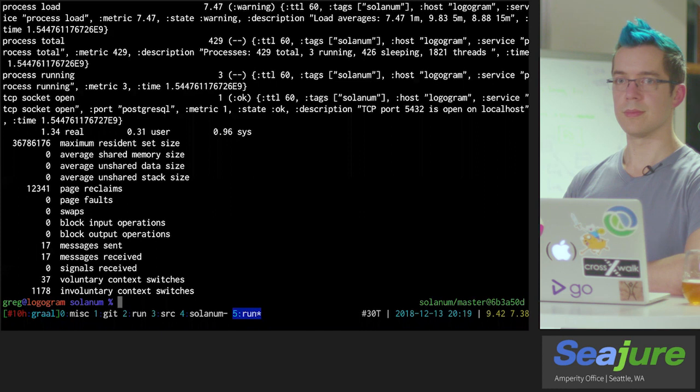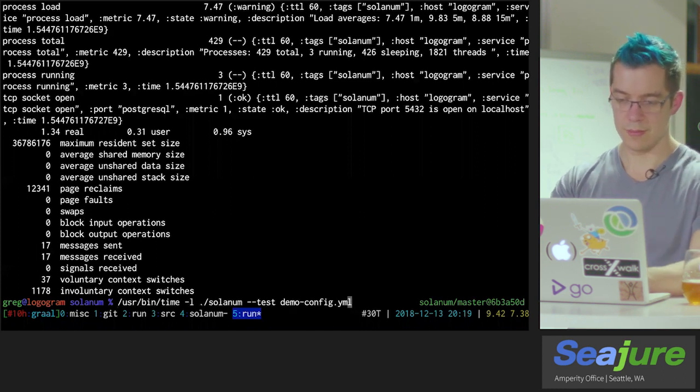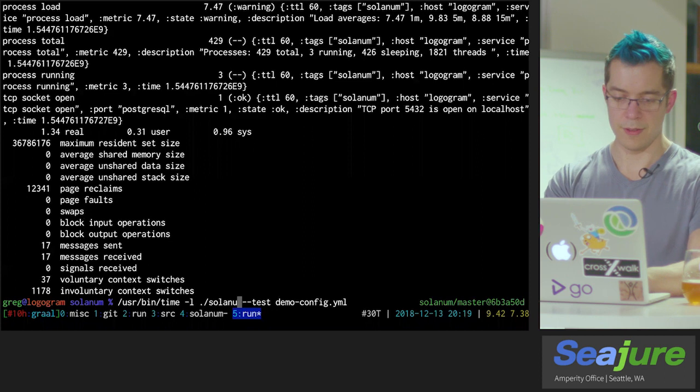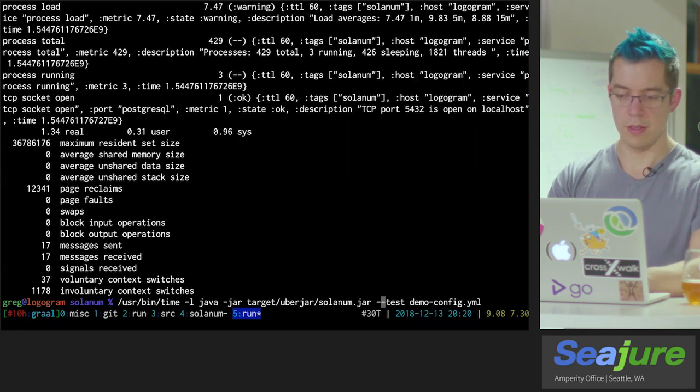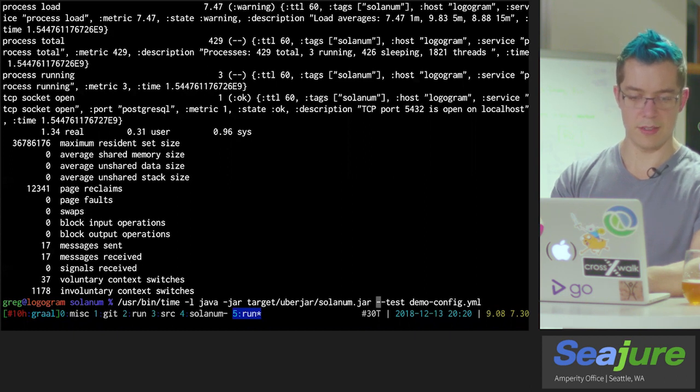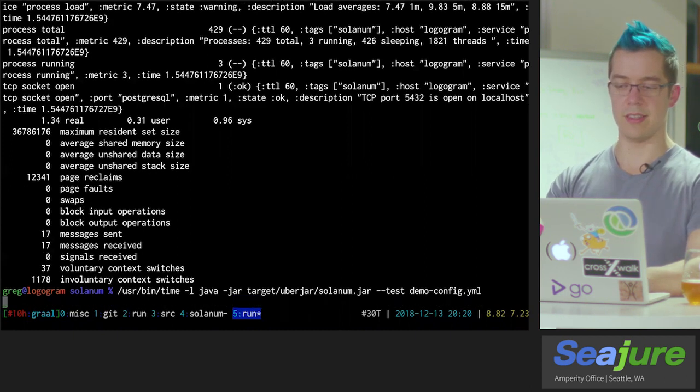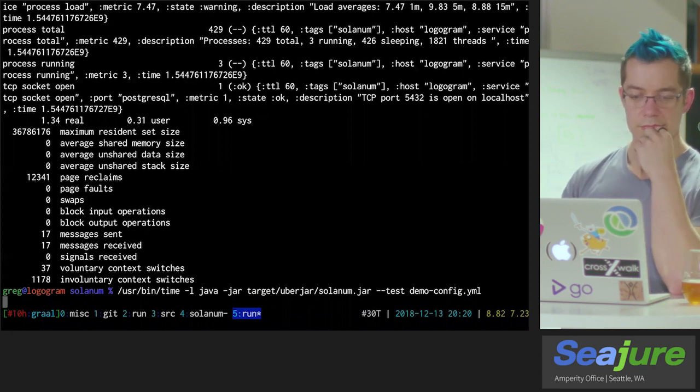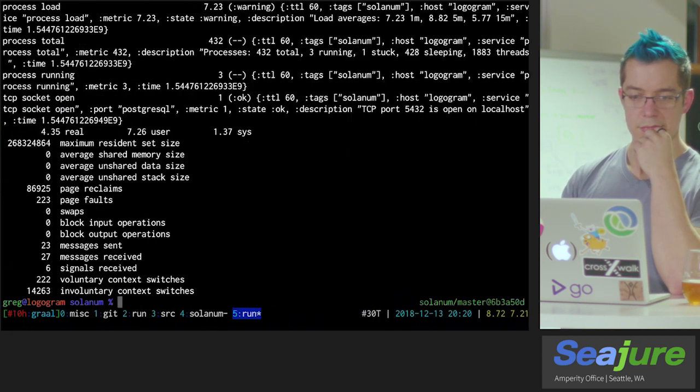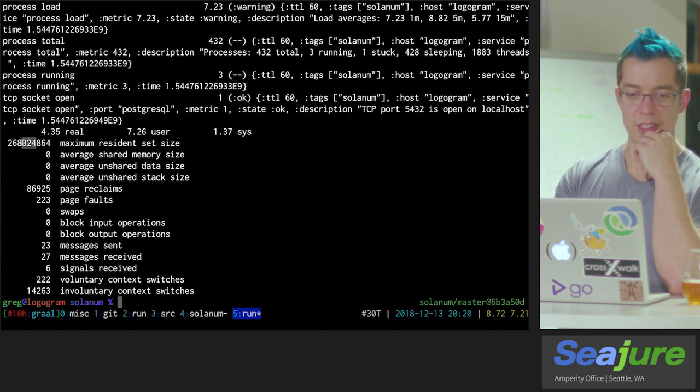What is the difference in the runtime with the JVM? Sure. Okay, so 36 megs of RAM, 1.34 seconds in the native version. .3 seconds in the Uber jar version, and we are back to 268 megs of RAM.